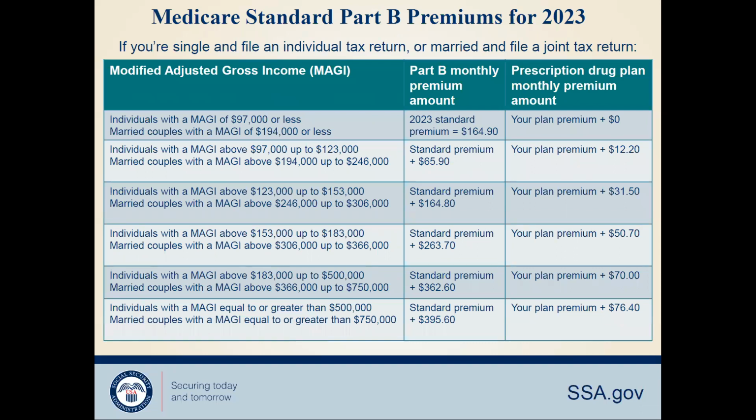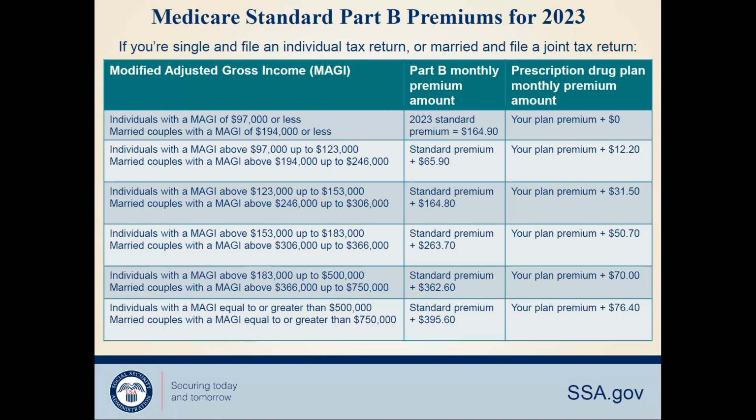Medicare Standard Part B premiums for 2023. Okay. This graphic shows the Medicare premiums for each income bracket. Most Medicare beneficiaries pay the standard premium for Part B of $164.90 per month in 2023. It is automatically deducted from their Social Security check if they receive one. If you're not getting a check, they can be billed or have the premiums deducted from a checking or savings